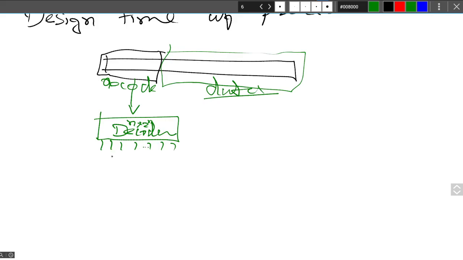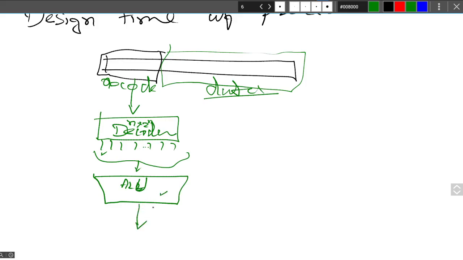Some signal will be activated, and these are all connected to the ALU, and depending on the generated signal, the ALU will understand which operation it has to perform. Then, considering the data, it will produce the output. This is what you have to understand about the instruction format and how it works.